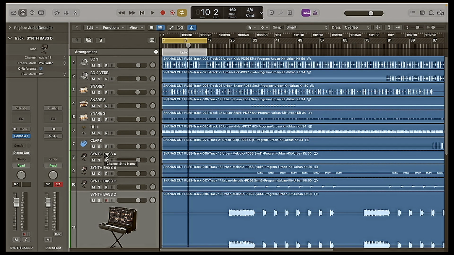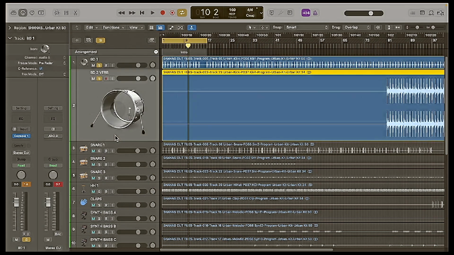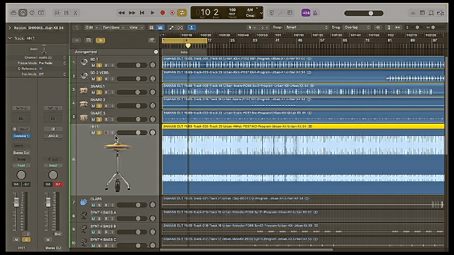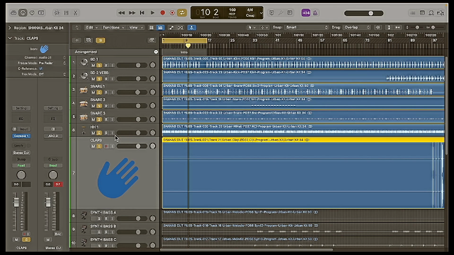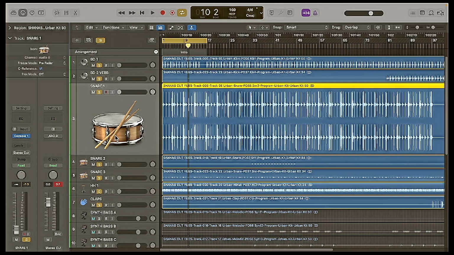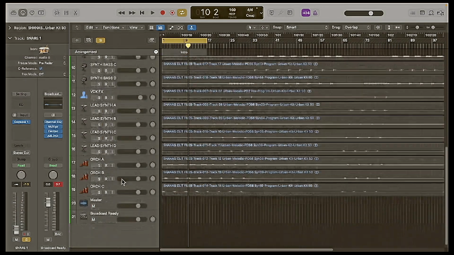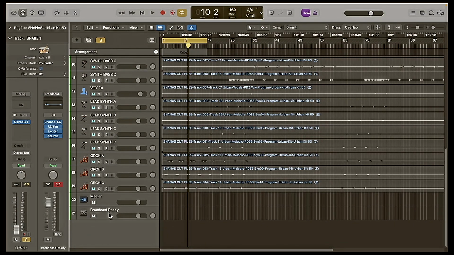So what I'm going to do is just solo the drums right now. All right, so those are my drums, and I'm going to pull them down, and I'm just going to keep it on loop, and I'm going to bring each one up. So what I do is on the stereo output,